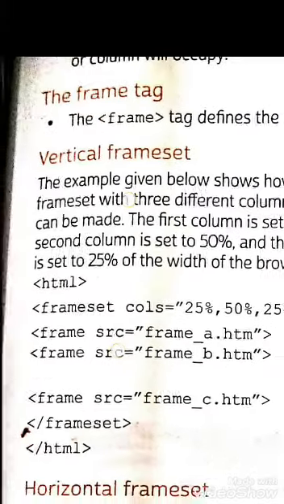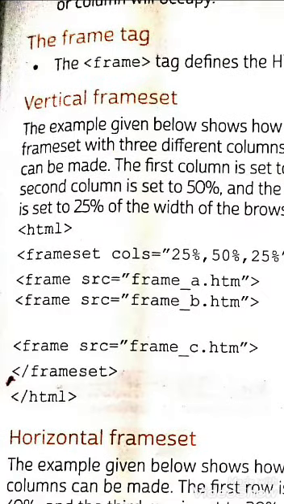The frame tag. What do you mean by frame tag? If you want to display the output in frames, meaning you want to divide the window either into rows or into columns, you have to use the frame tag. In the frame tag we have two options, that is vertical frameset and horizontal frameset.